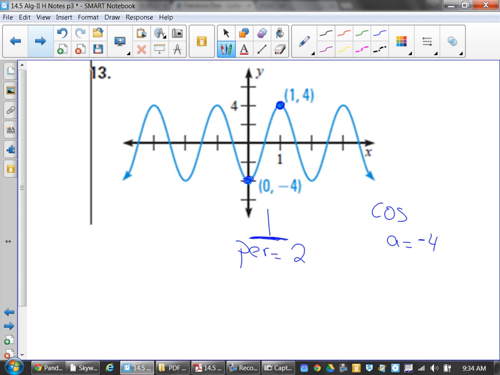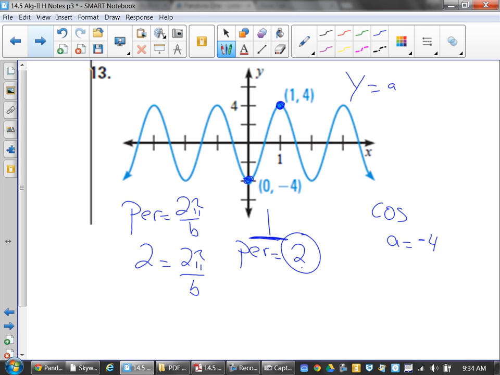That's all it is. All right? Mike, what does the B value do again? The B value, remember, the period is equal to 2 pi over B. We know that here our period has to be 2. So I set 2 equal to 2 pi over B, because then I can put that into my y equals